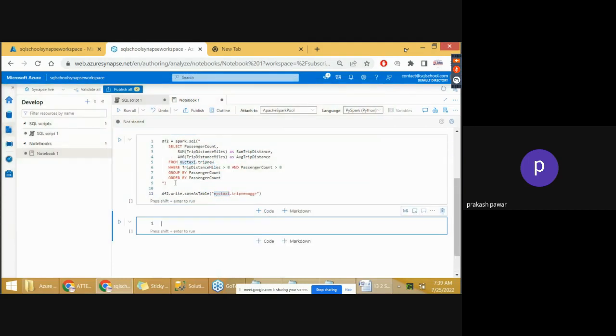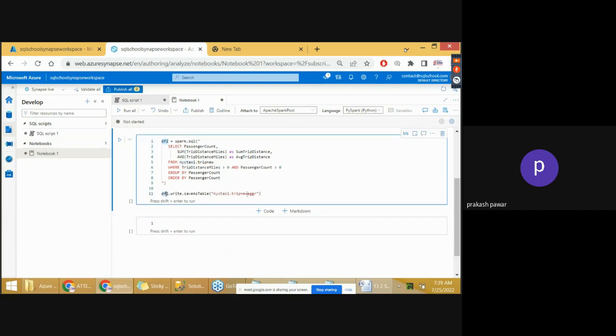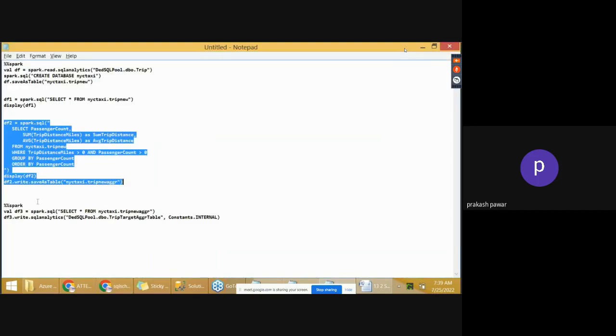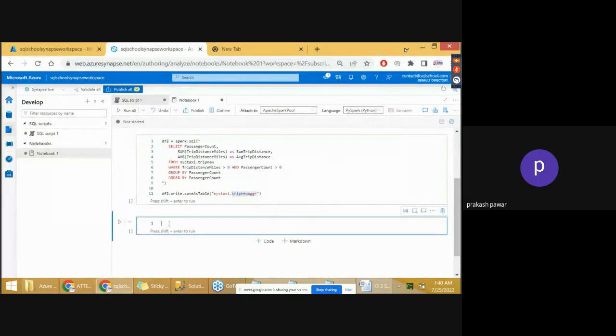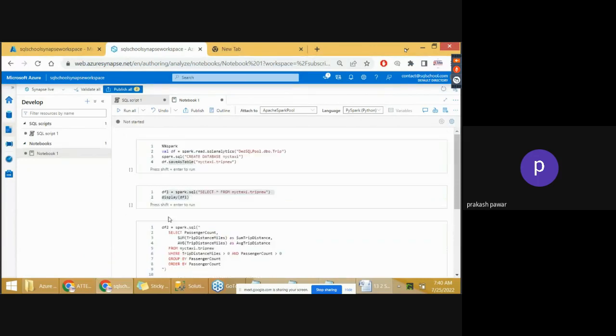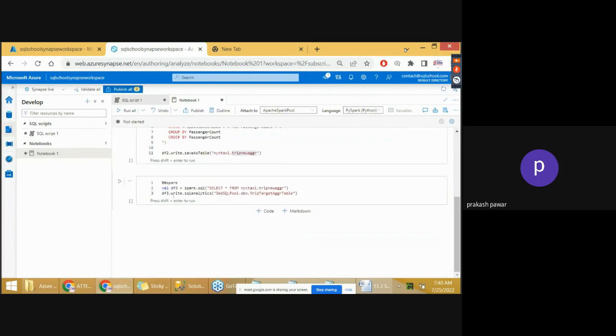Finally, what do we need to do? We need to write this data frame to output the strip new aggregation table. We need to write it to the destination. Where is the destination? It is the dedicated SQL pool. Remember, for reading, Spark.sql or Spark.read.sql, and for writing, write.sql. For reading and writing, you require Spark